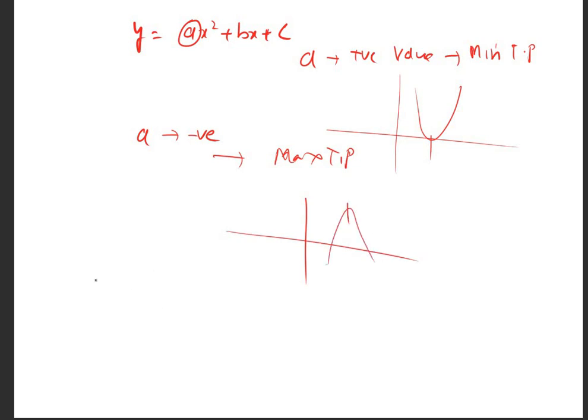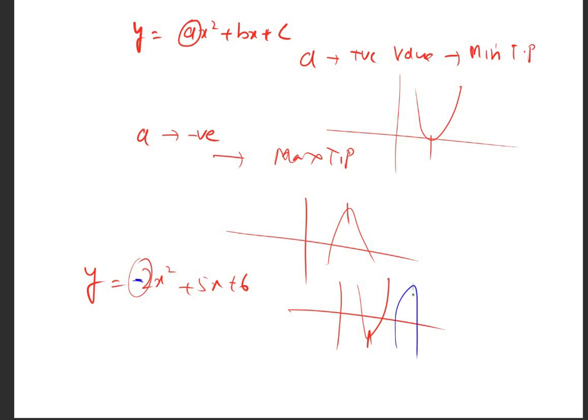something like this. So if my quadratic is y equals 2x squared plus 5x plus 6, most likely this is how it's going to look like, because a is plus 2. But then if I place a negative in front of a, this is how the graph is going to look like, upside down. Right? Make sense? Cool. Now we'll go to